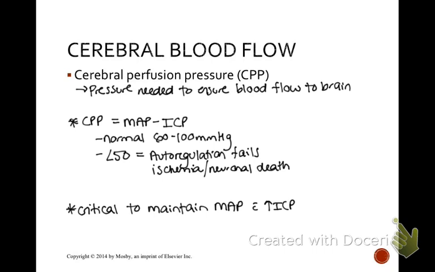So in order to calculate MAP, you can do it two ways. MAP can be calculated either by systolic blood pressure plus 2 times diastolic blood pressure, all divided by 3, okay? Or